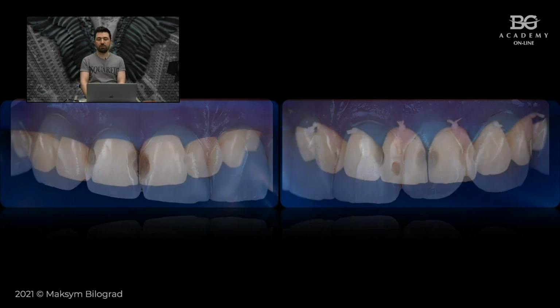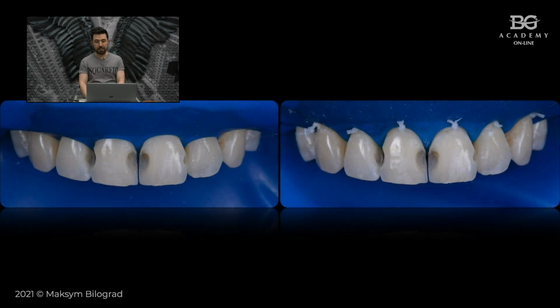Then afterwards we made rubber dam isolation. Here you can see the picture on the left side of the screen, this one. This is regular isolation with inversion. But then I decided to do so-called floss ligatures, floss ties. And the reason why I decided to use that type of isolation is that if you take a precise look